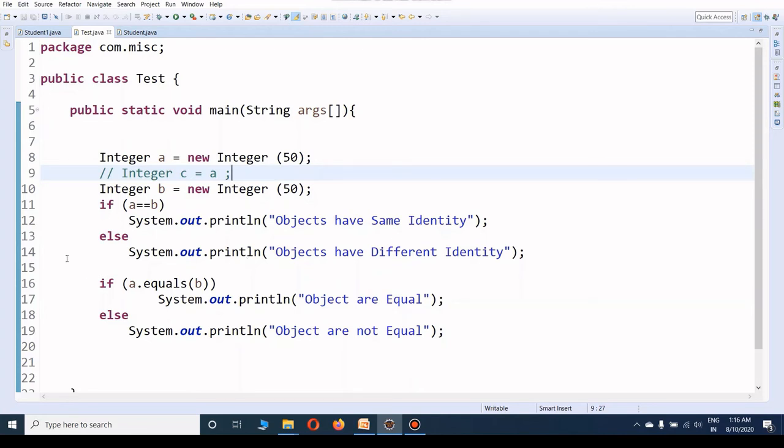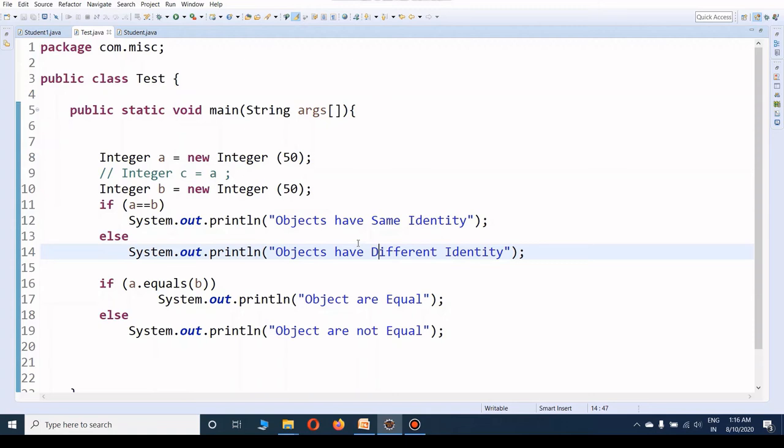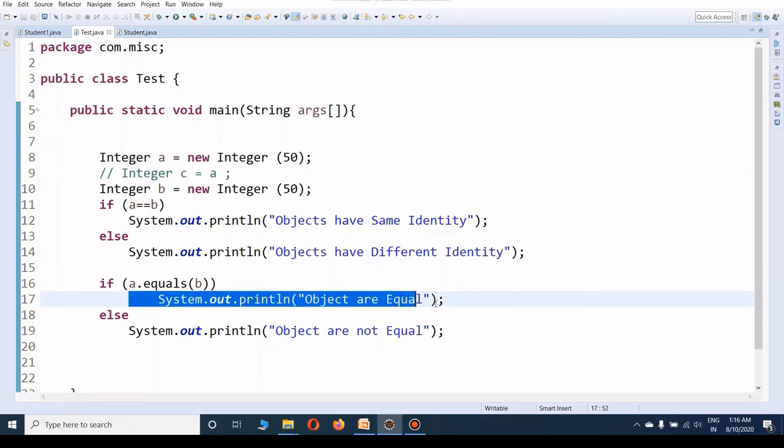Here we check if a is equal to b, whether the objects are identical or not. In this case the objects have different identity because they are referring to different objects. But for a.equals(b), both have the same value, so this condition will be satisfied and become true. System.out.println objects are equal, you will get this result.